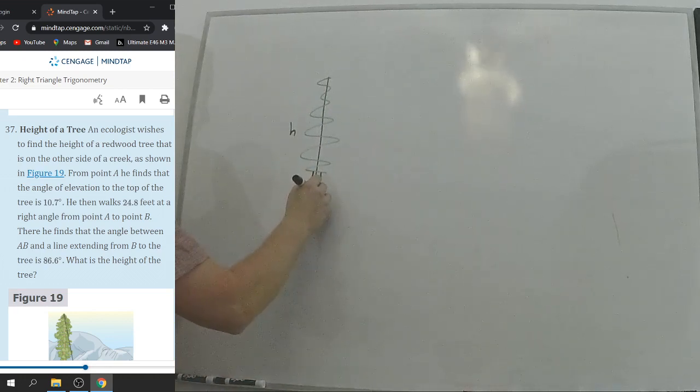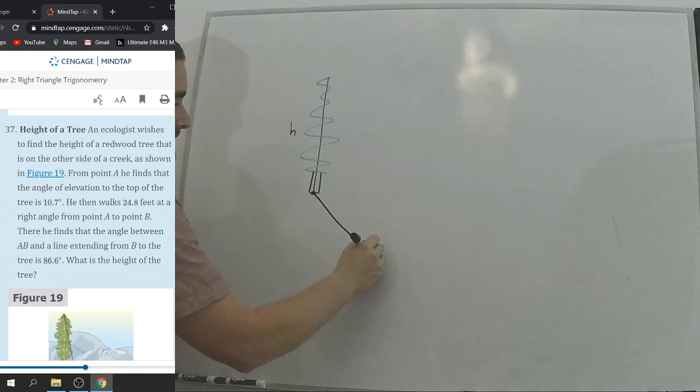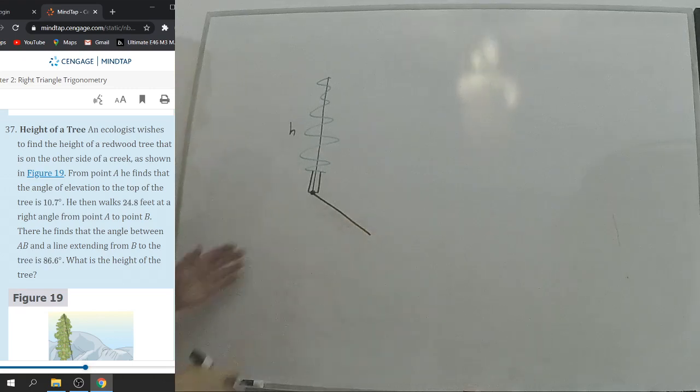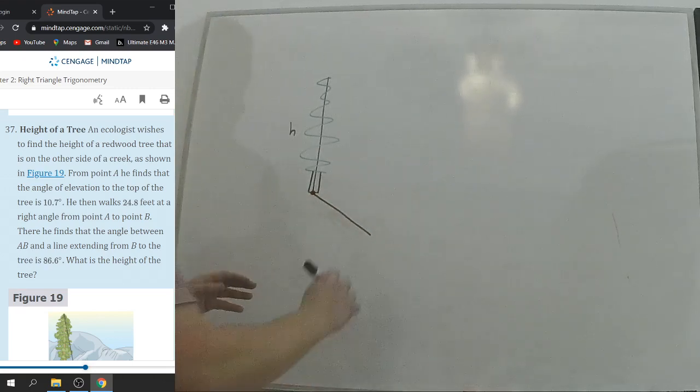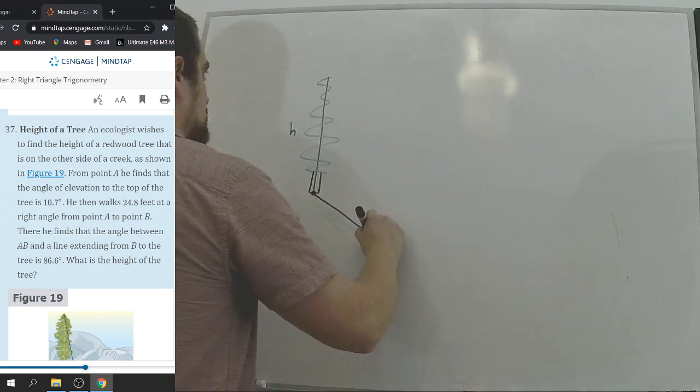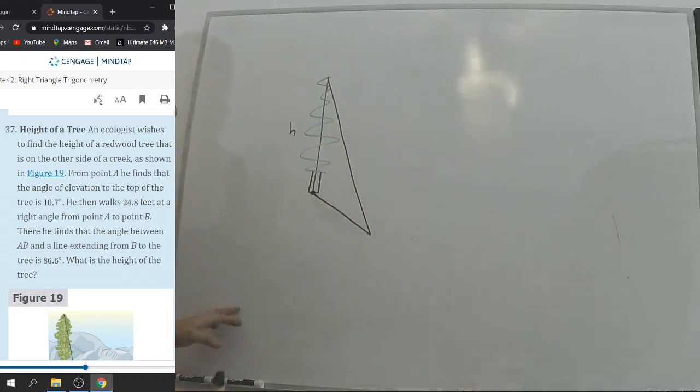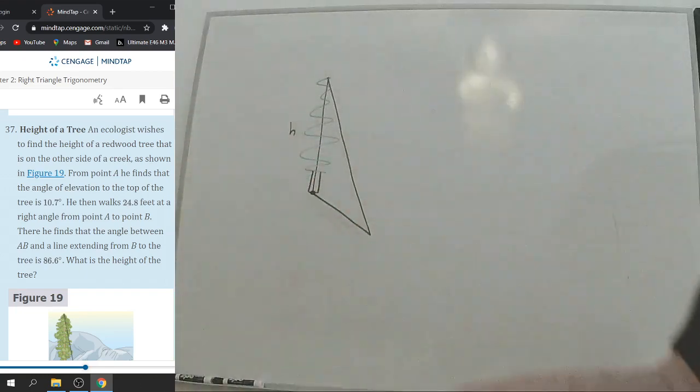What I want to do is draw an angle that is almost coming out of the board, and I'm going to draw an angle going up to the top of the tree. Now, what this creates is, when you start reading,